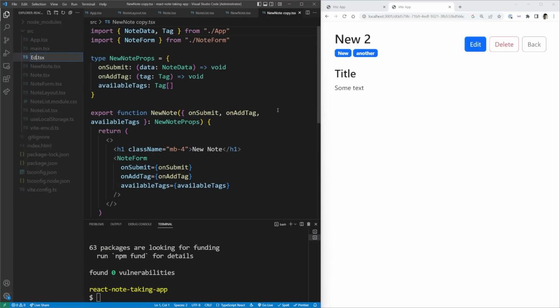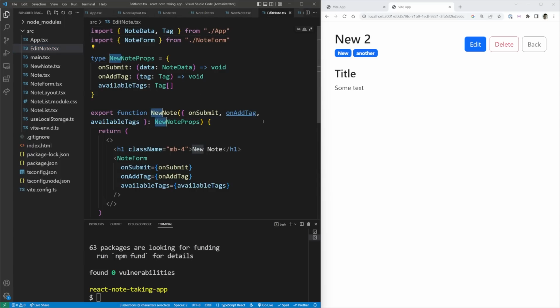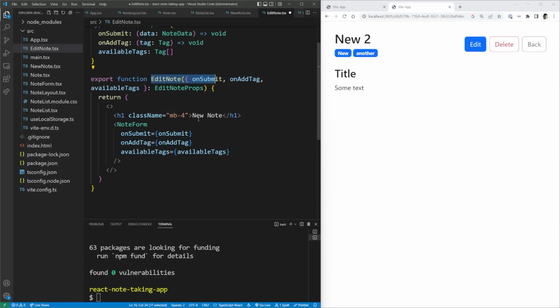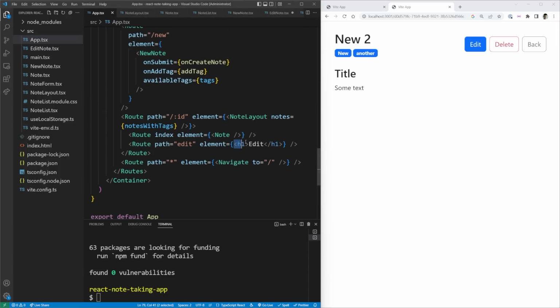So I'm actually just going to copy that and call it edit_note.tsx. And everywhere I have the word new, I'm going to change that to say edit. So we have our edit note props, edit note props. And right here, this should say edit note instead. And then what we can do is make sure when we go over to our app.tsx, here we can pass